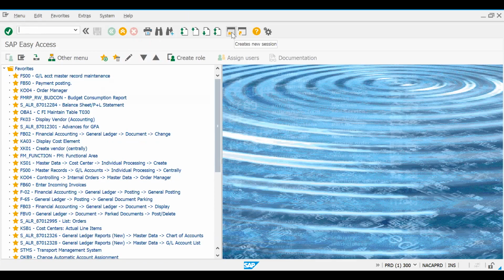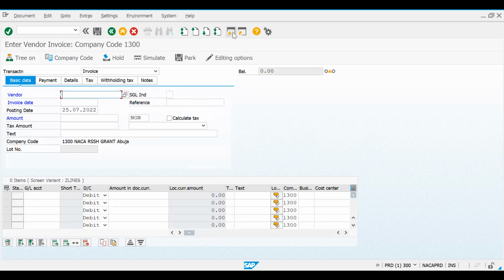Or you click on this to open a new session. So most of the time you might want to open a new session. You are working on a particular transaction and you want to run a report. So in that case, for instance, you are working on a screen like this, FB60, and you want to generate a vendor's report. So you need to actually open a new session to do that. So you make use of that.